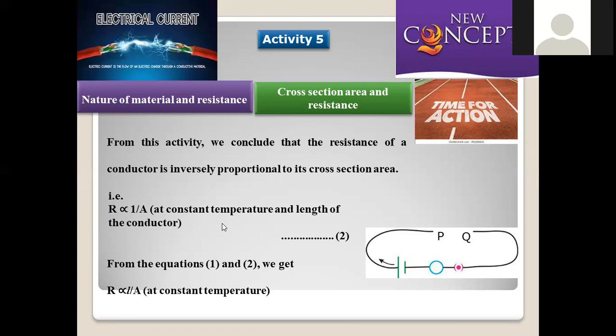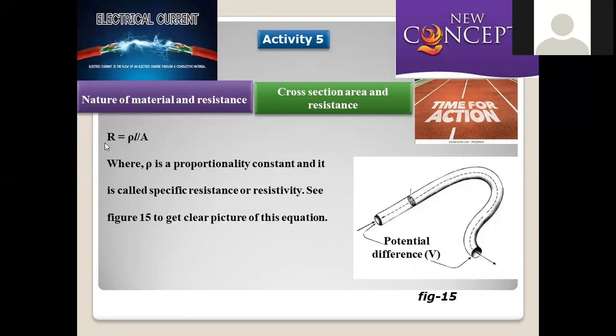This can be implied when we take precautions like a constant temperature being maintained and the length of the conductor not being varied. So these variables can be taken as constant terms. Then only here R proportional to 1 by A holds good. Right. So the temperature and the length of the conducting material should be kept constant. Then only R proportional to 1 by A will be applicable, and it can be employed at constant temperature conditions.